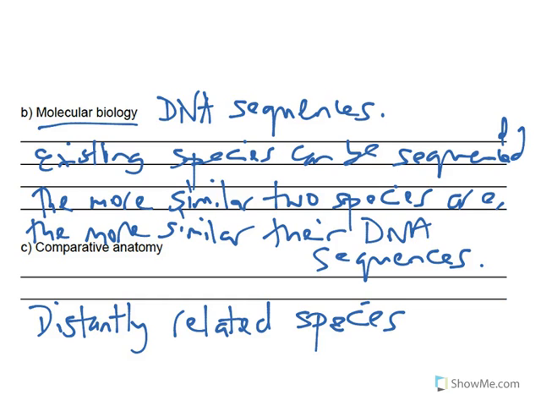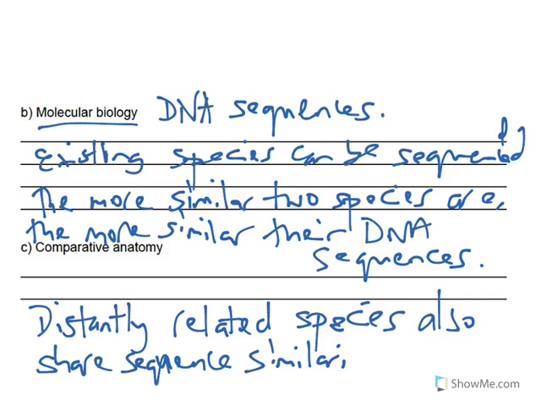But if we look at their DNA, we see that these distantly related species also share sequence similarity. And the important thing about this is that the degree of sequence similarity is unlikely to have come about by chance, because even between species that we consider to be quite different, there's still a large number of genes that are conserved, and we can clearly see their relationships when we look at the DNA sequence. And so this argues for descent